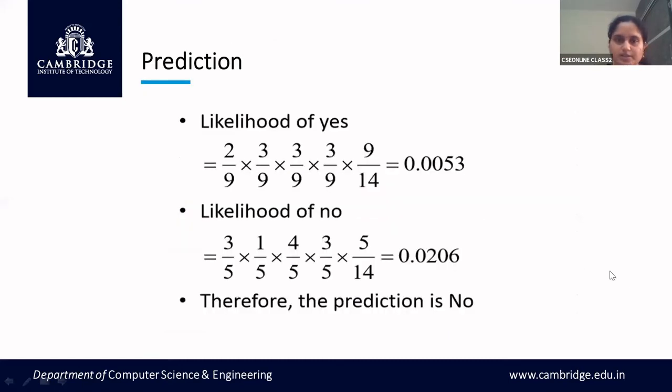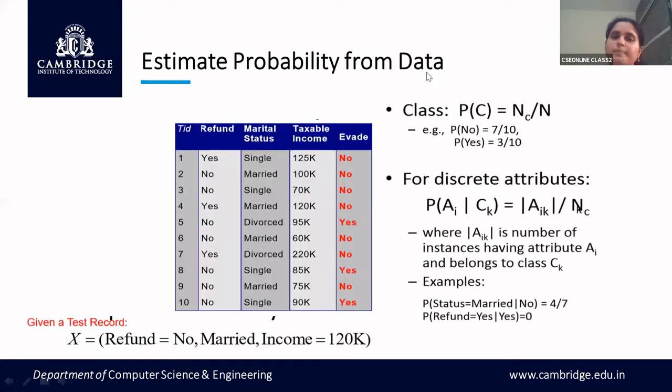Now let us take the next one. The answer is given for the other set, and because you have understood, I am skipping that. Similarly, can you estimate the probability for this data? Find out. So this is your class label. We'll solve this example and stop our discussion here. This is the last example. This is the data set given. For this particular test record, what would be the decision?